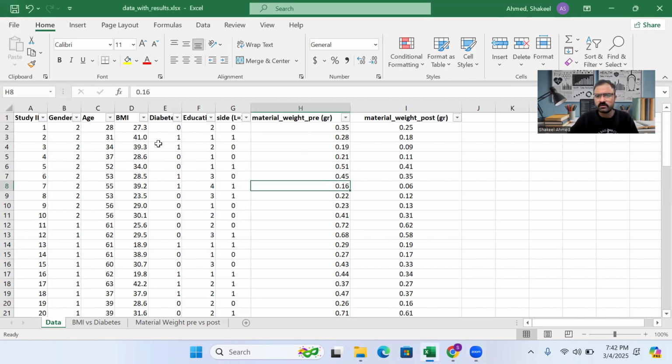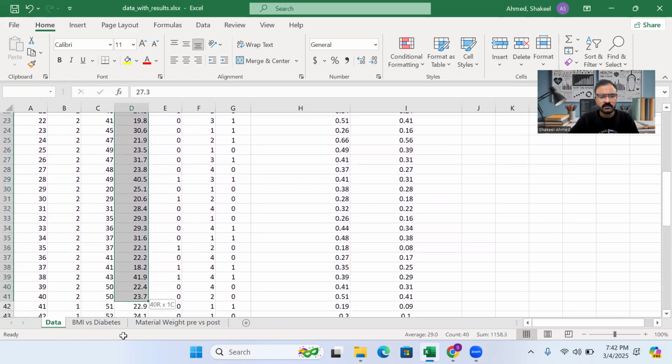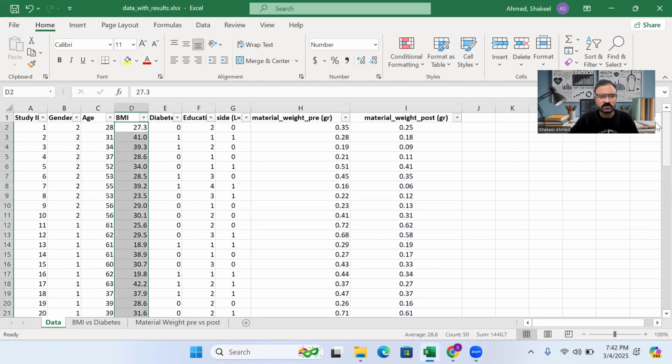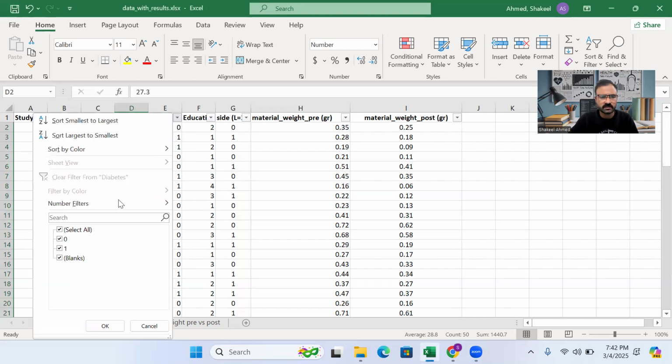For example, before applying a t-test, we need to check whether the data follows a normal distribution. For example, we have data on BMI for the two groups, and we just want to check whether the BMI of a specific group follows a normal distribution or not. First, we filter the data and take the individuals with